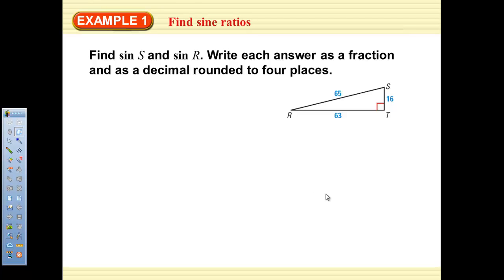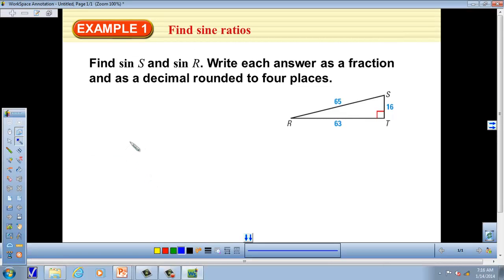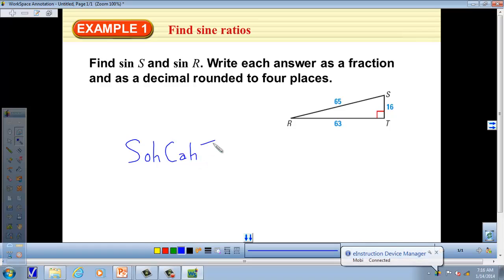Okay, we're looking at section 6 now. We're getting into what's known as the sine ratio and the cosine ratio. So I'm going to show you a quick way to remember sine, cosine, and tangent. We call it SOHCAHTOA. And the reason for this is we know that the sine of an angle, we'll call it R, is